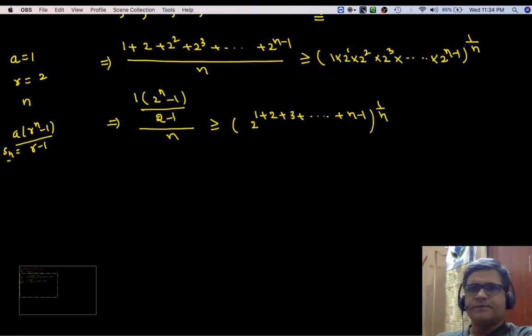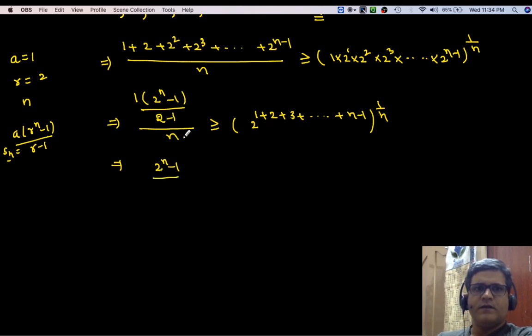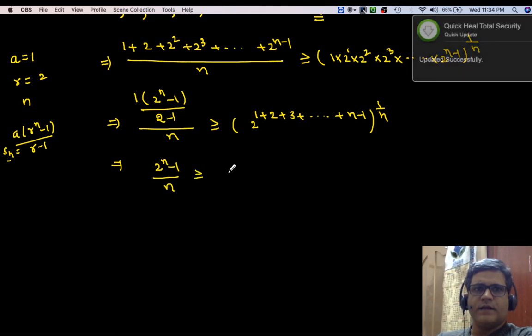So next, here this is 2 power n minus 1 by 2 minus 1 is 1. This n comes here by n is greater than or equals to,